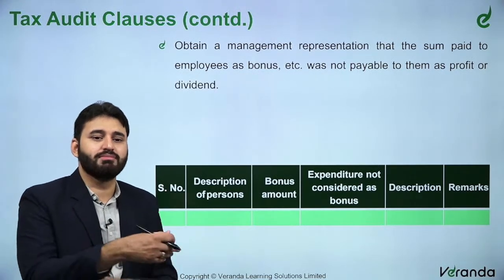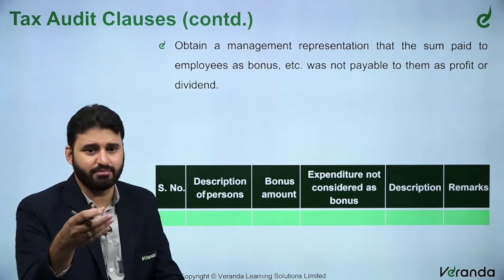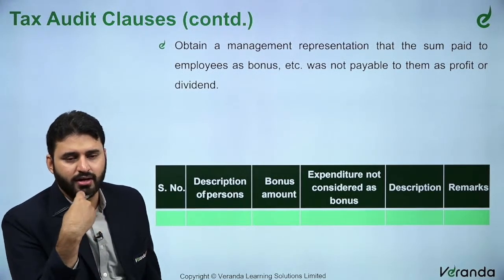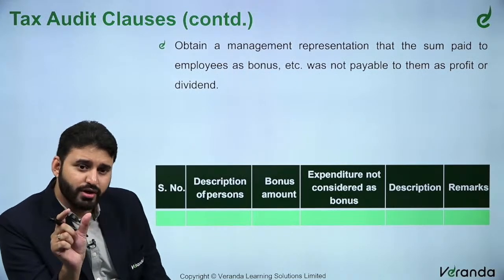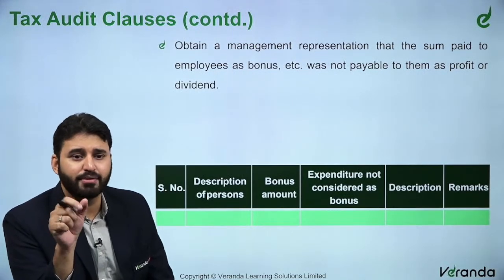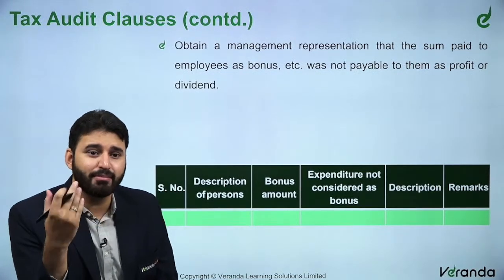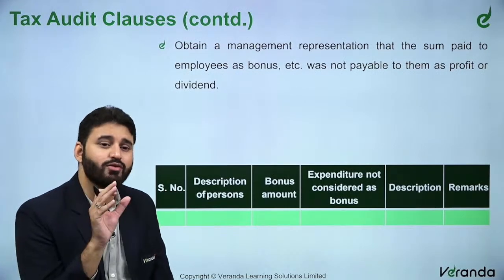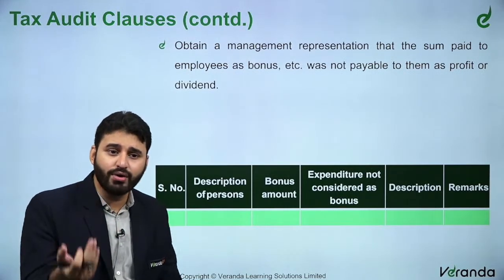That is, for some employees I may have an agreement, because if this contract is coming, then I will give you 5% on the profit that I make. Then that is payable to him as a profit, not as a commission or a bonus. Such an agreement, we need to understand that, and we need to see how it has been shown in the